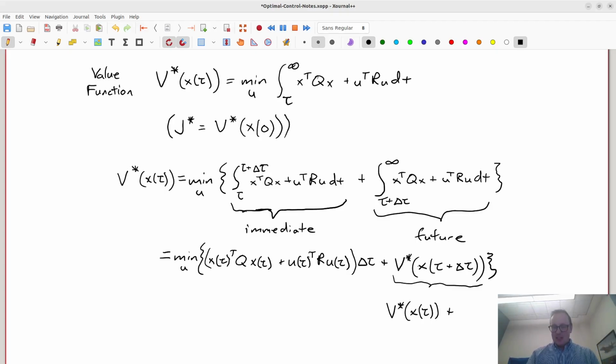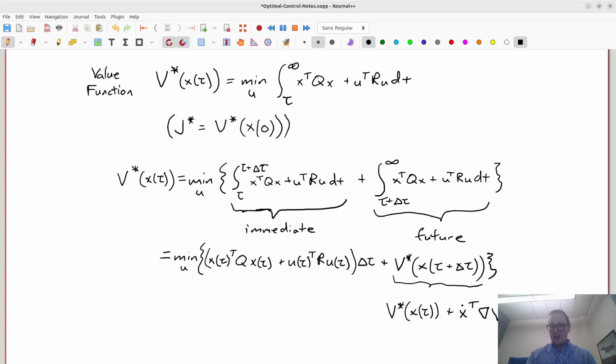So this is going to be equal to how x changes. So that's going to be x dot. And we're going to dot that with the gradient of v star with respect to x evaluated at x tau